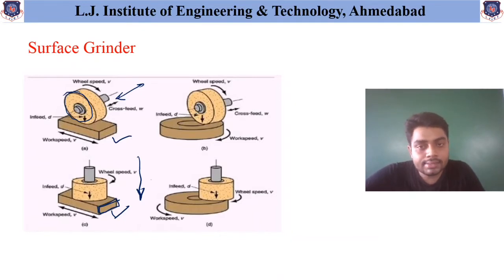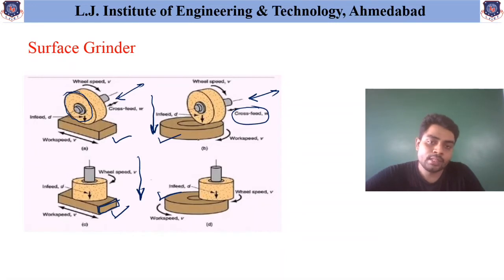Similarly, how this surface grinder can be used for cylindrical workpieces is also shown over here. For any machine, there are only two main movements. First is the cross feed movement, which is shown over here, moving in the width direction, and the other is the in-feed movement, in the downward direction for finishing purpose. And the wheel is always rotating, as it is the basic working principle of these grinding machines. I hope it is clear to you how these surface grinders are useful for finishing the top surface of any component.